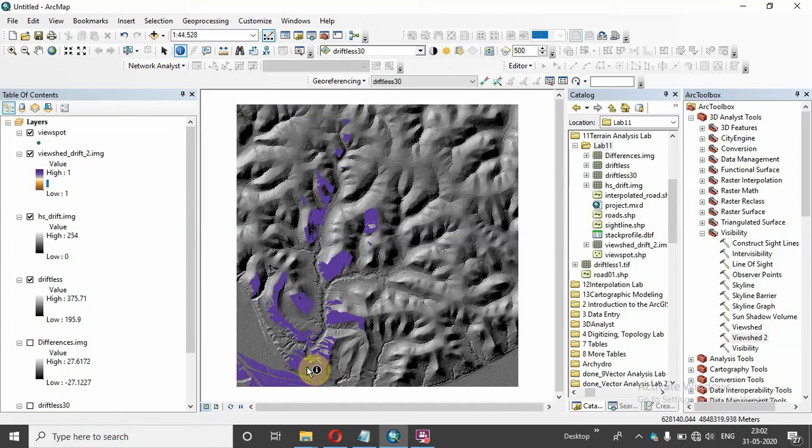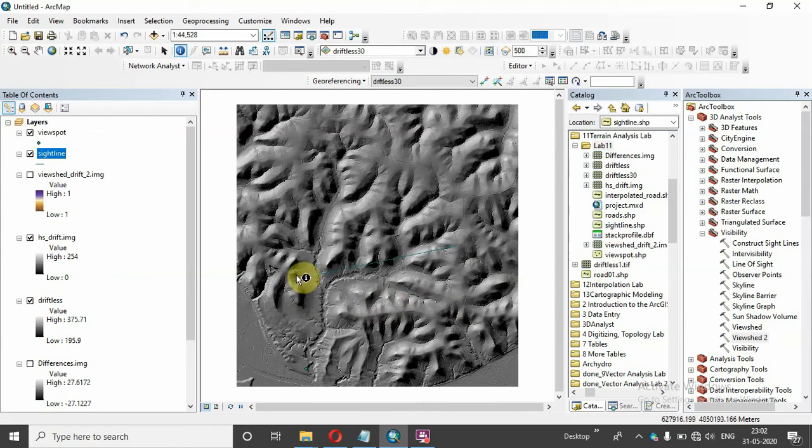Visibility on a line of sight is a very demanding thing. For example, we have two different points on a terrain relief. So let's collect two different points, from start point to end point. We have this sight line.